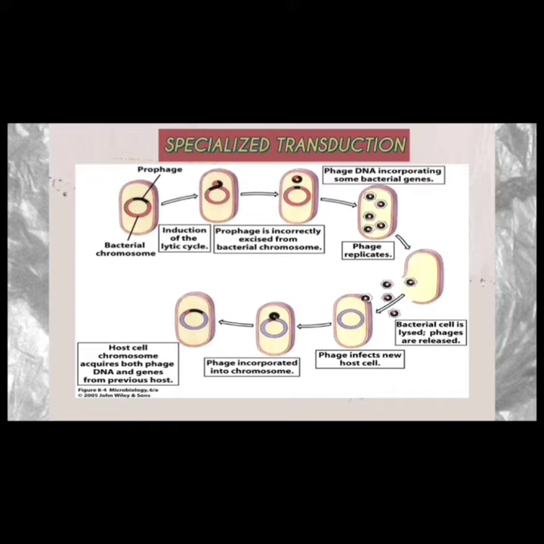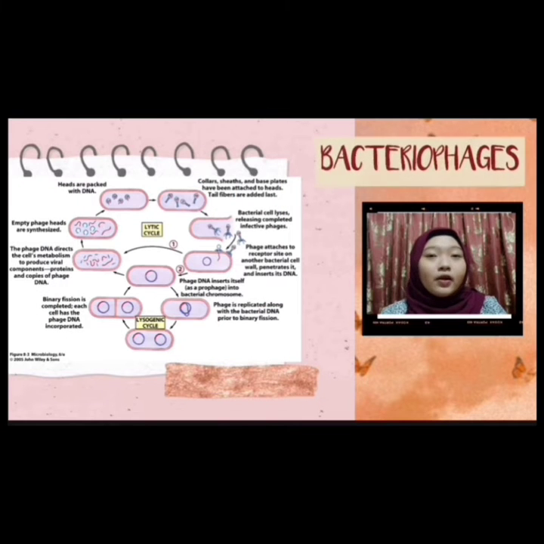The new bacteria will contain three genetic components which came from the virus, the donor bacteria, and the host itself. So this is an example of the bacteriophage cycles that includes generalized transduction in the lytic cycle and specialized transduction in the lysogenic cycle. It is the same process that keeps repeating to produce more and more phage. That's all for transduction.